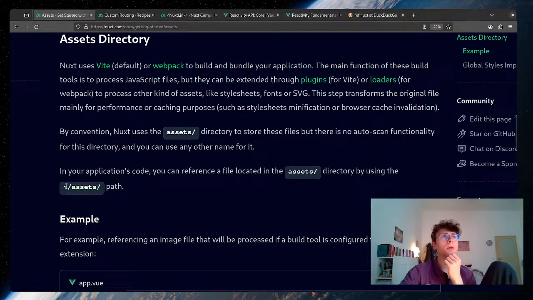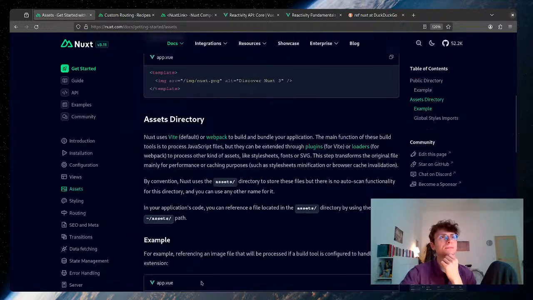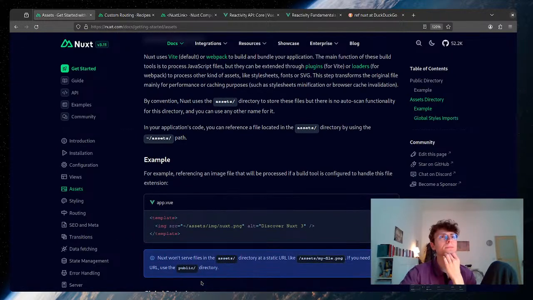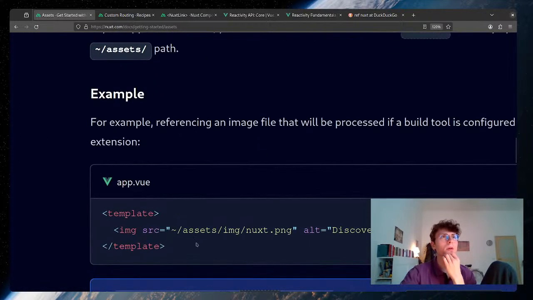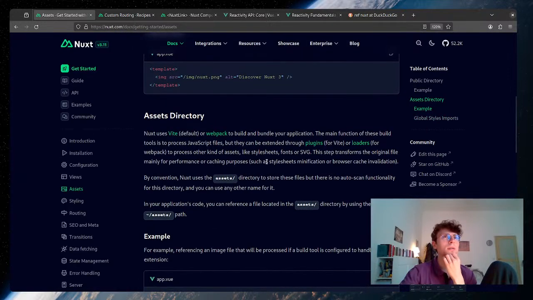Also for assets, you should use this tilde notation, right? For example, here. And as he says, it's passed through